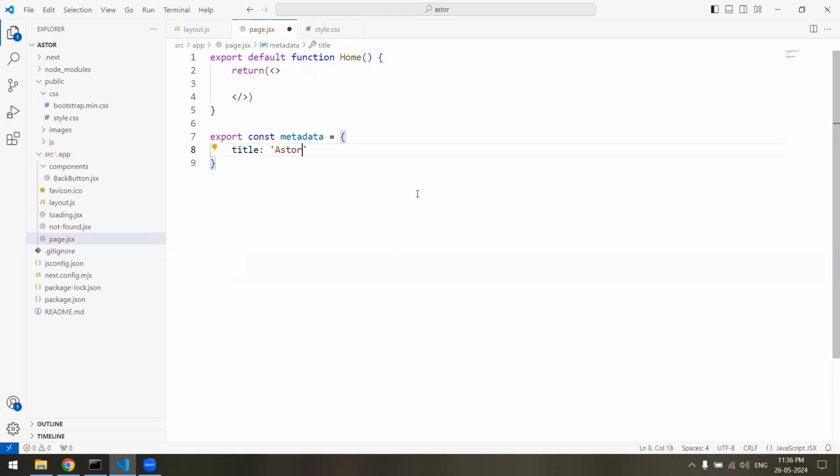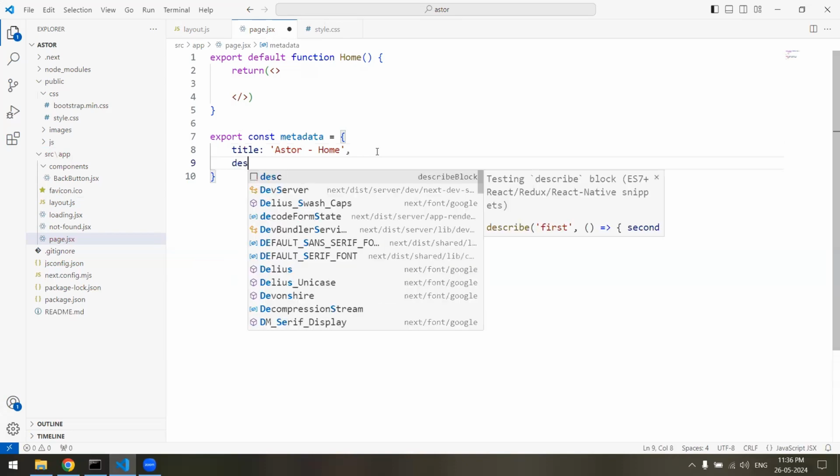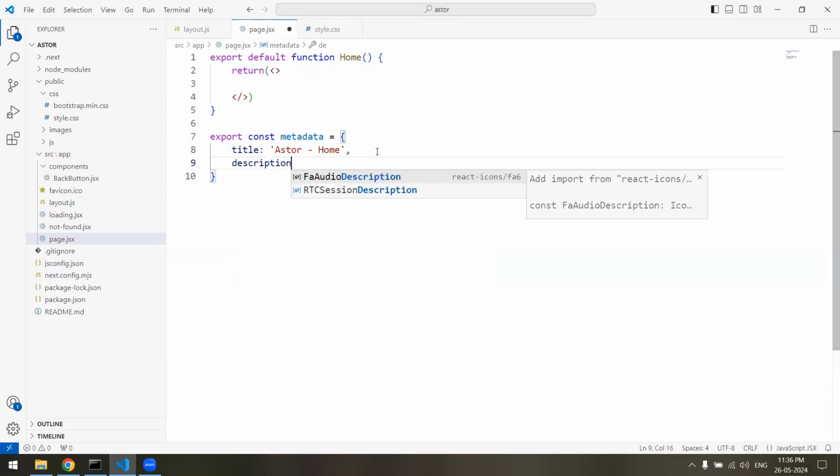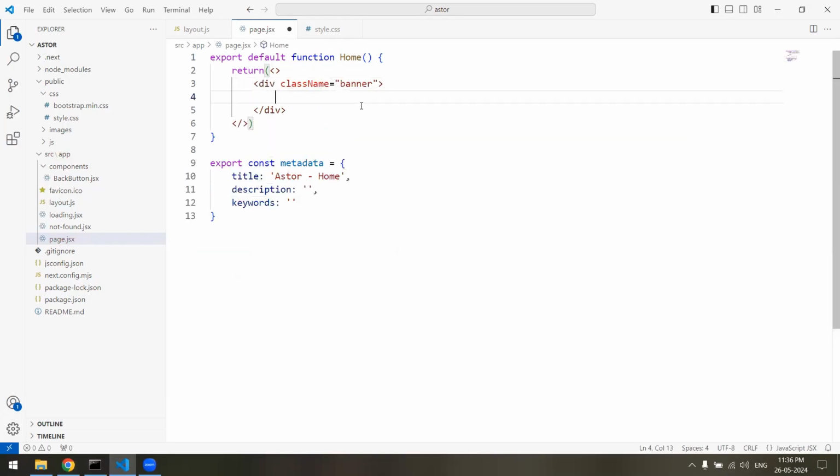title will be Esther home, and you can put description, the meta description like this, and you can put keywords like this, and here we'll create a banner